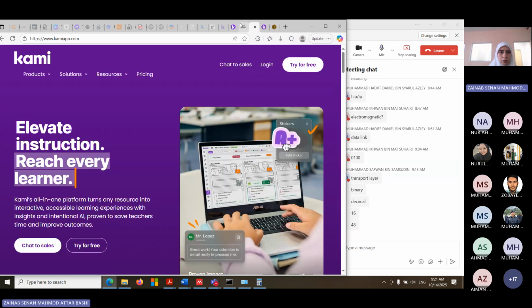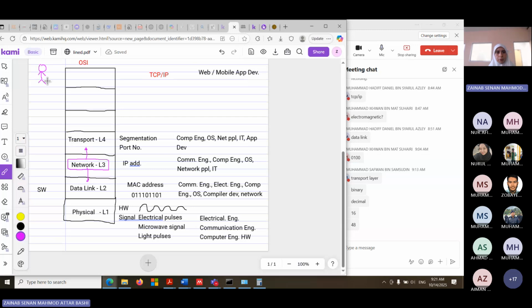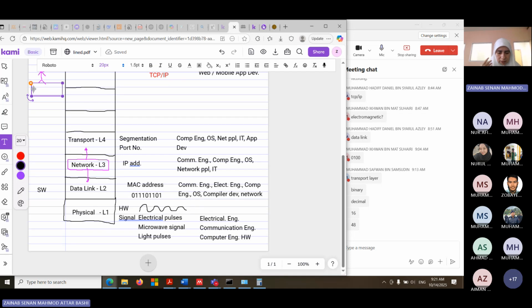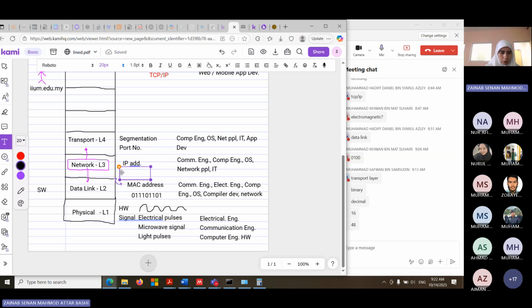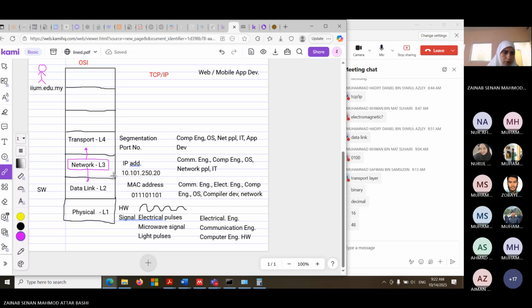That's why when we reach the application layer, as we reach the human being, from now on, we will not talk about IP address. We have to talk about something easier for human being to understand, which is words. Okay, we use some words for human being to remember. However, how to change this IP address, when we just write 10.101.250.20, how to change this one to be this name? To become this one, we need some protocols to do it.